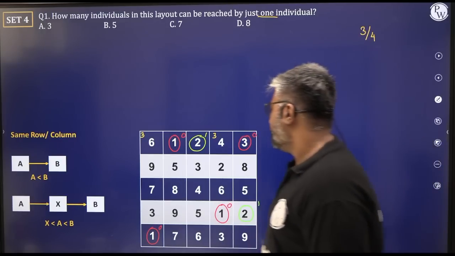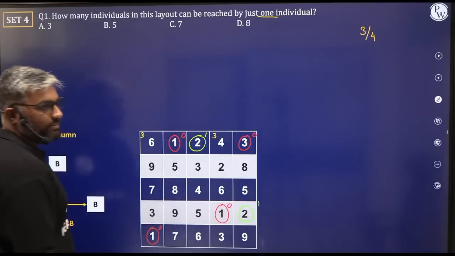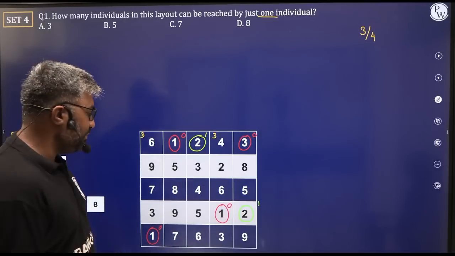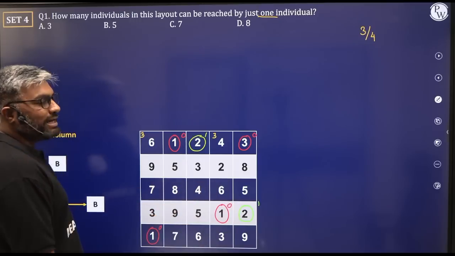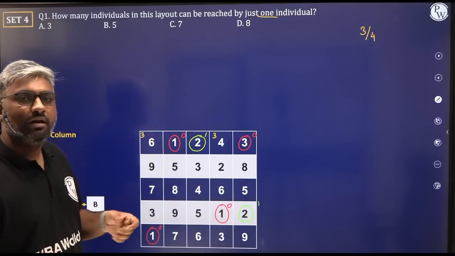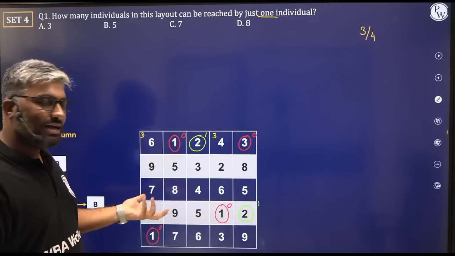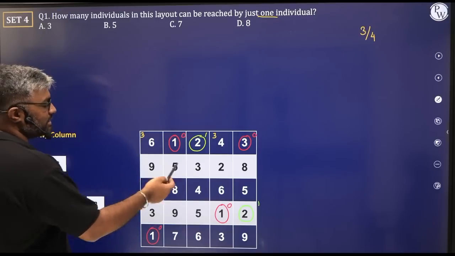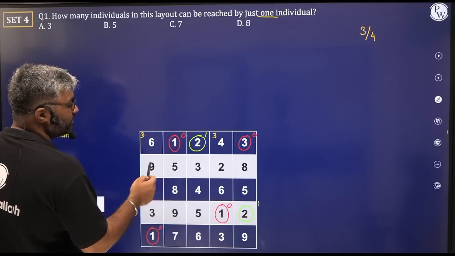There's 0 reachability. With 9 is the maximum. Right, 9 is the highest number here. We do not have a 10, so 9 is the highest. So I think with 9 we should stop at first itself because every other number will be less than 9. Right, 9 is reachable by 6, by 5. You cannot go from 3 to 9.